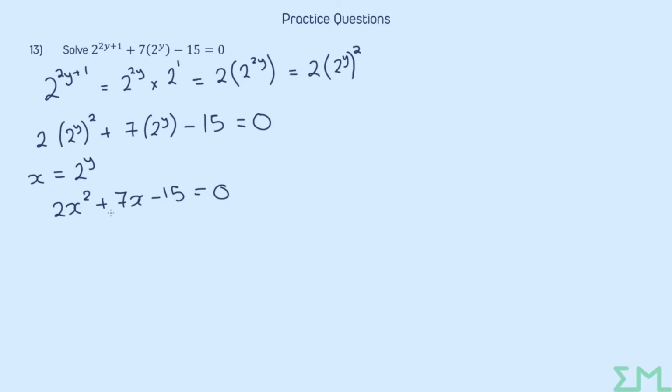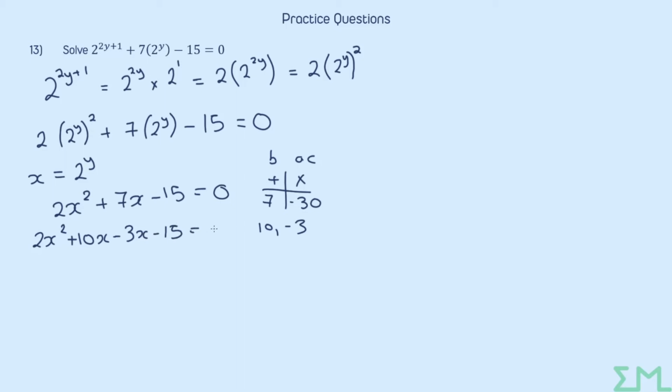A nice familiar quadratic. Another opportunity to use the AC method as well. So adding to make 7, B, multiplying to make AC, negative 30. 10 and 3 maybe. So 10 and minus 3, yep, that works nicely. So now we split our middle term, 10x minus 3x